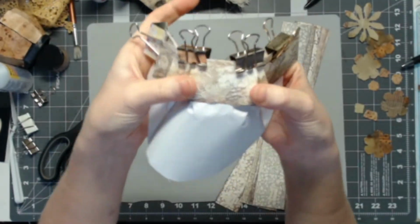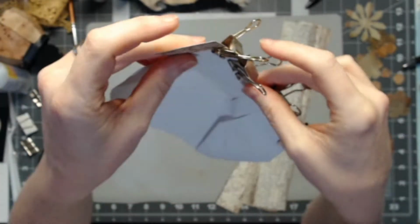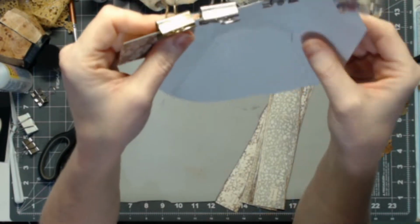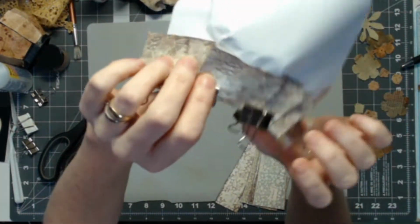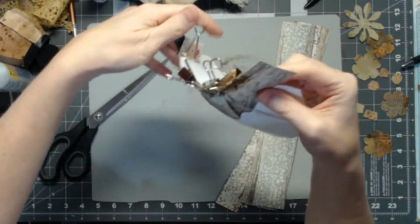And that is my first ruffle. I think I'll just leave this underneath, probably, because it's working out relatively well as a template,